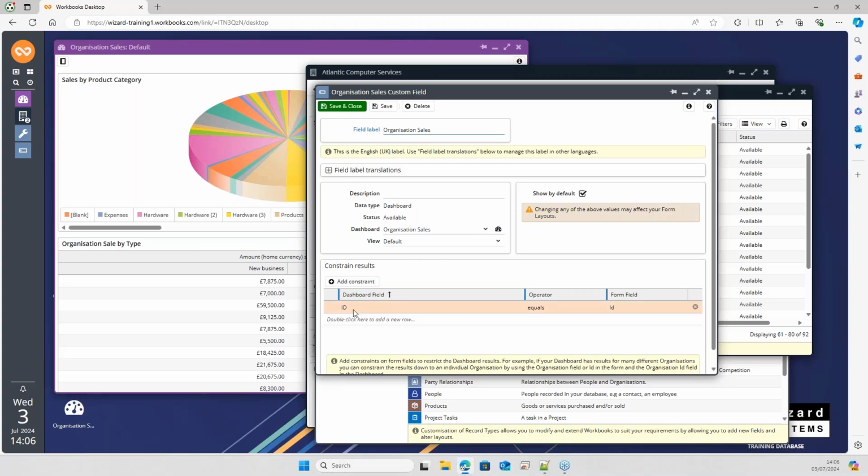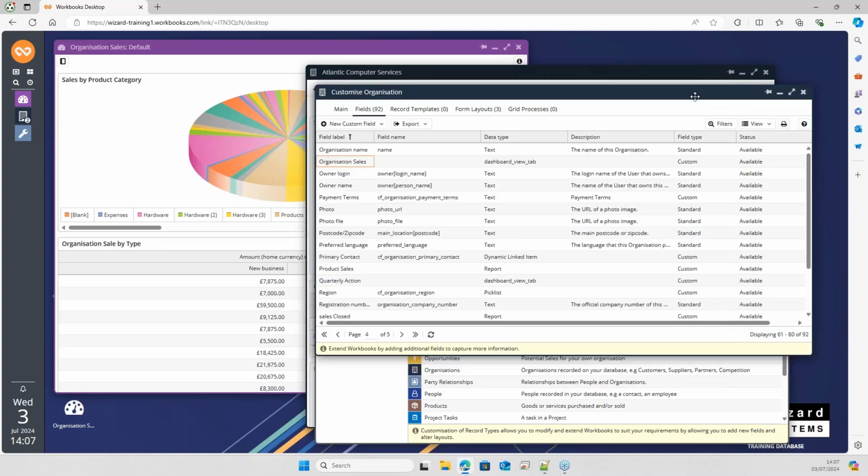And here we say the field in the dashboard equals the ID of the form, in other words, the organization record. So it will only return that information. And when we save this